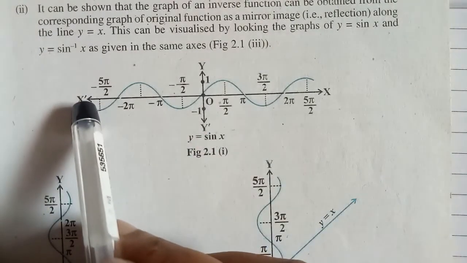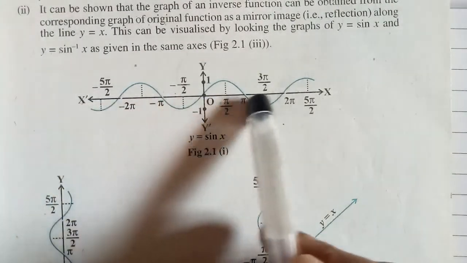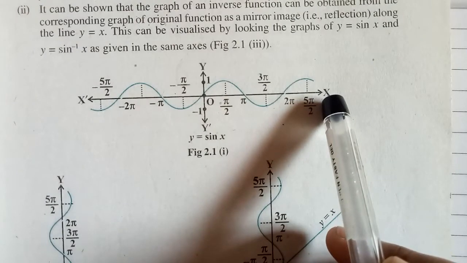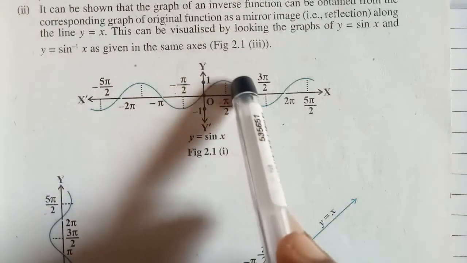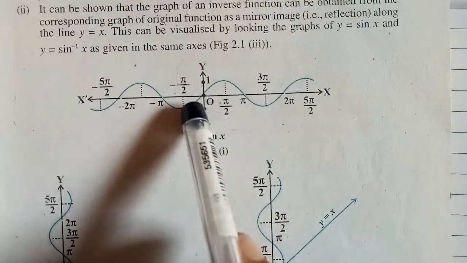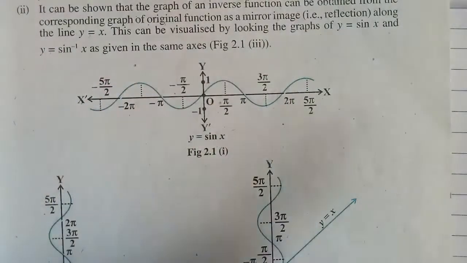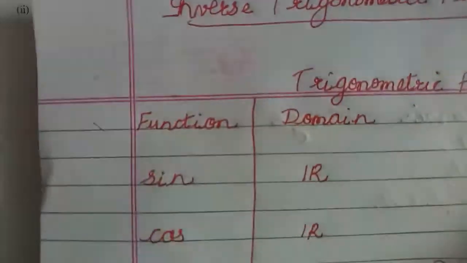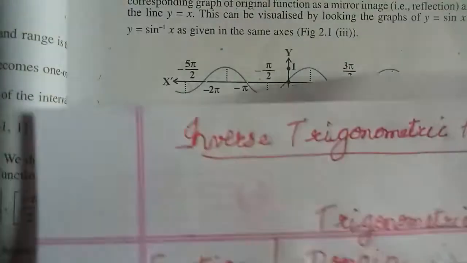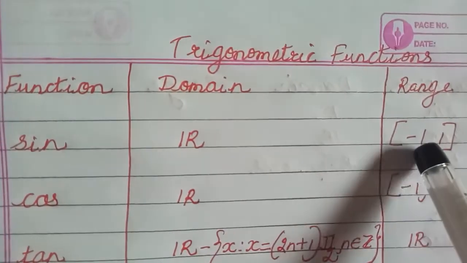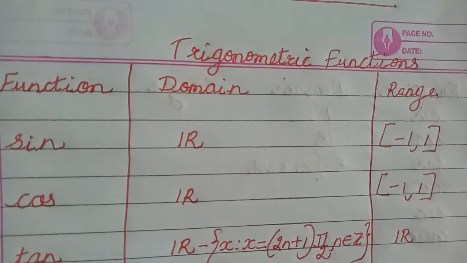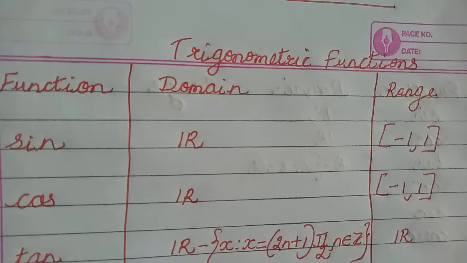Why is this? You can see that the graph is moving all throughout your x-axis, right? So that means your domain is R. Now, what is the range of this function? If you check the height of these graphs up and down, children, you can see that they are oscillating between -1 and 1. That's why the domain of the sine function is R and the range is the closed interval -1 to 1. This you already know from last year. Our problem is whether sine has an inverse, right? That means whether sine has sine inverse.